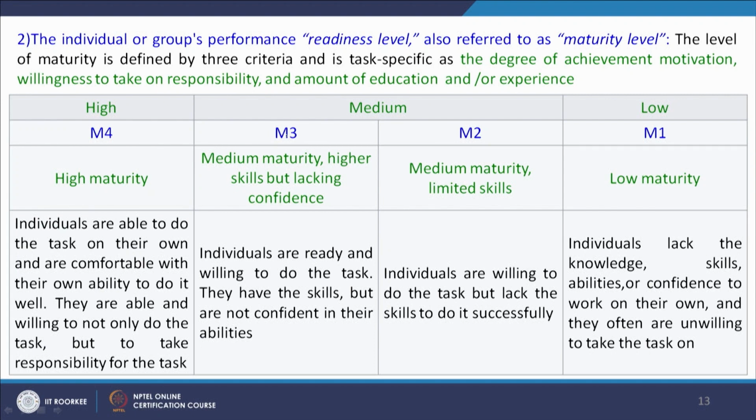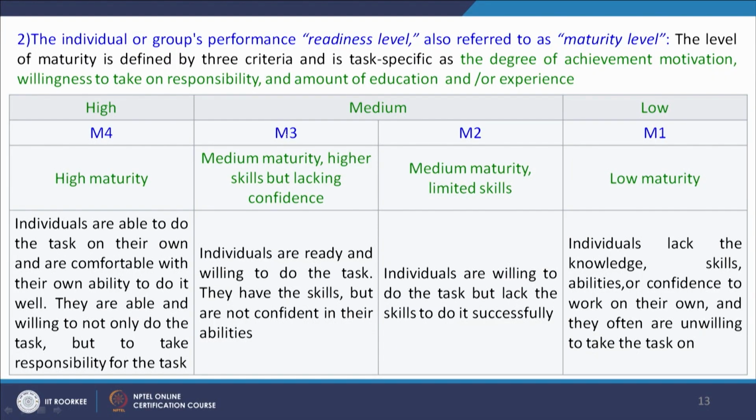Now, once Hershey and Blanchard have identified the leadership styles and have expanded them to 4, that is telling, selling, participating and delegating, they have also identified the other component, that is readiness. That means they have talked about the maturity levels, to what extent the followers or subordinates are mature enough to understand the group goal, understand the task they have to perform, and most importantly their readiness to perform the task. Sometimes the followers know what task they have to perform, but they are not willing, or sometimes they are willing to do it, but they do not possess that kind of knowledge,